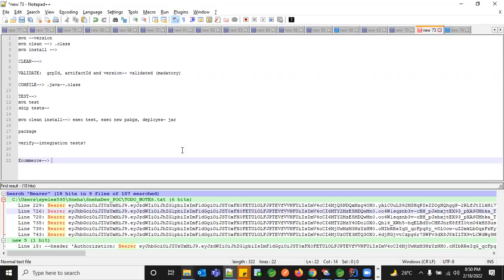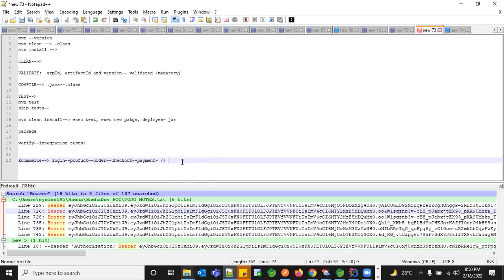What happens in e-commerce? After login, you go to the product page, you order something, you do a checkout, and then you do a payment, and finally you get a success or failure message. This is the flow of your e-commerce project. This entire flow should not be missed when you're actually building your application.